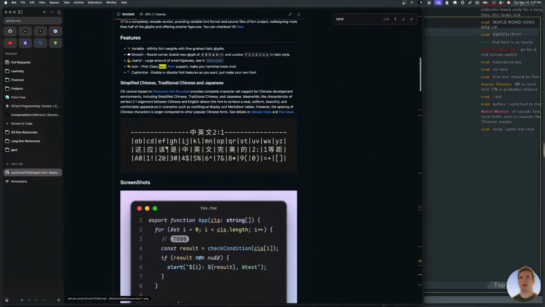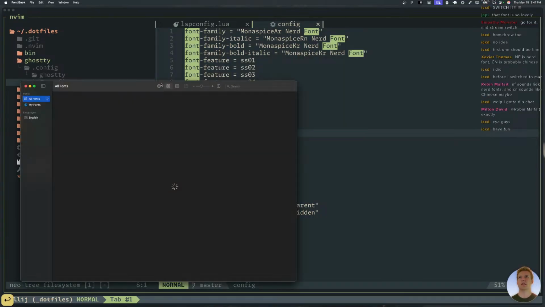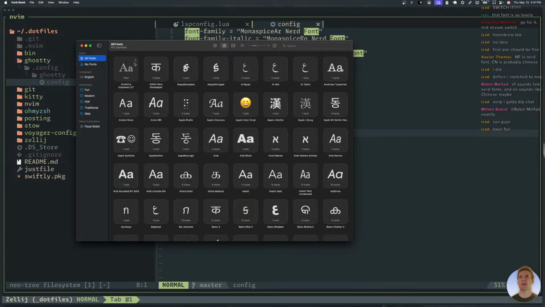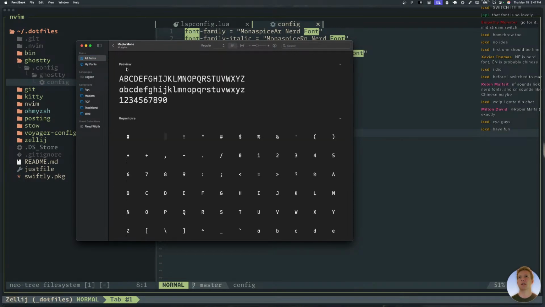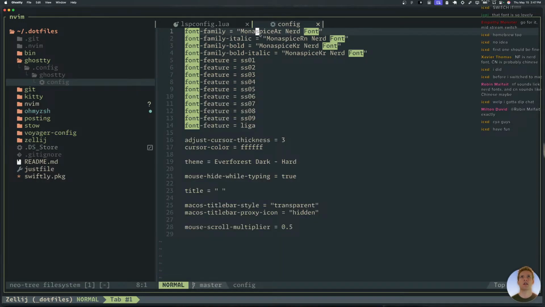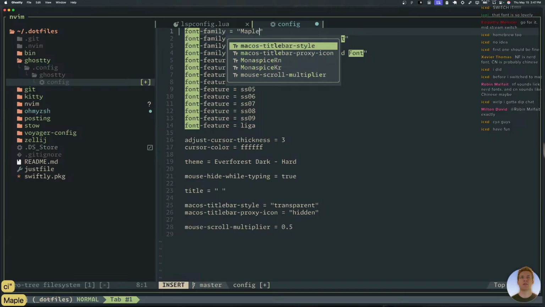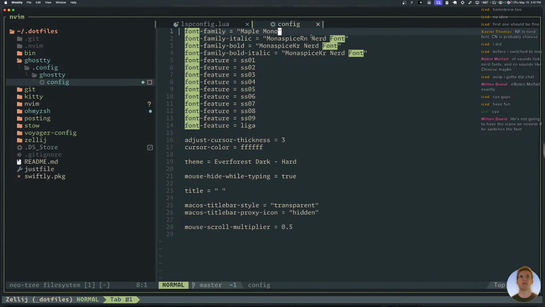Font Book. Don't fonts go in here? Maple Mono. Sure enough. Has regular. Oh, it came with all these. Cool. And it's just called Maple Mono, right? Is that what I said? Maple Mono.